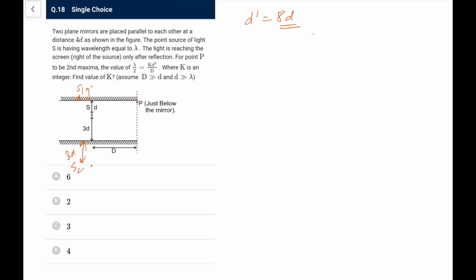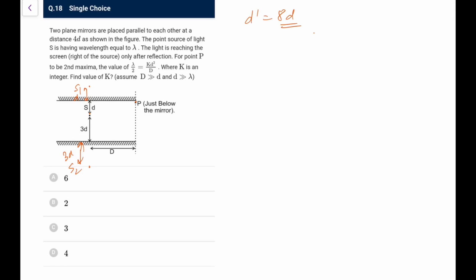And if I take the midpoint of the two, taking the midpoint is also very typical work here, because it's coming from the sources, so it's not going to be that easy. Let's take the midpoint. If I take 8D, this would be 3D, D would be somewhere here, this would be the line, so this y coordinate becomes 3D. So the path difference we write as d sine theta, that would be d dash sine theta, that is y by D, so that becomes 8D into 3D by d.